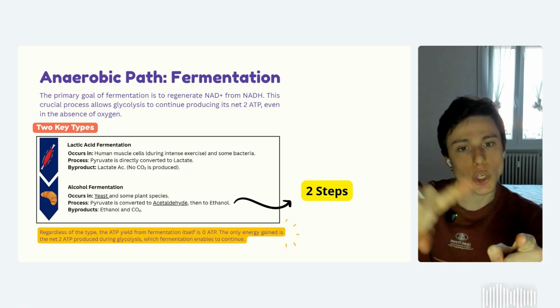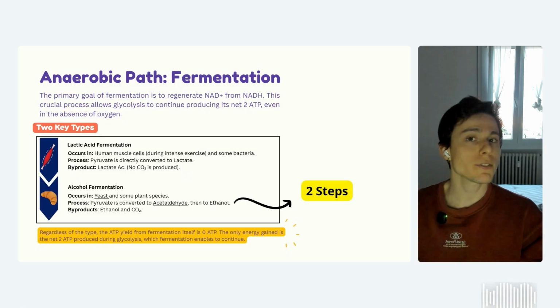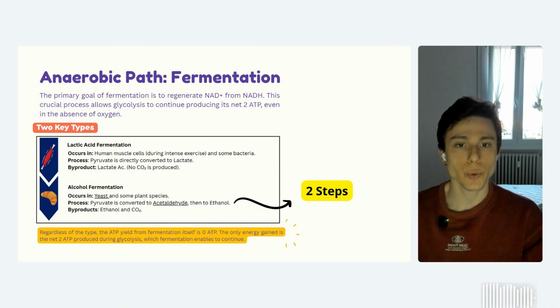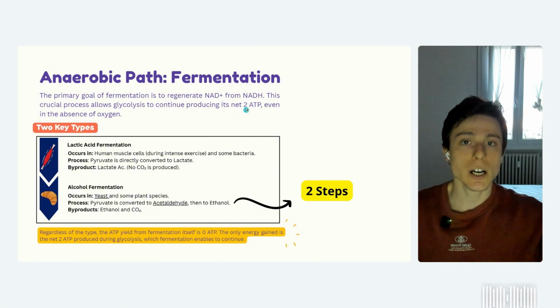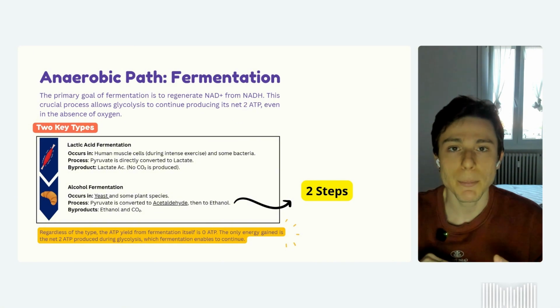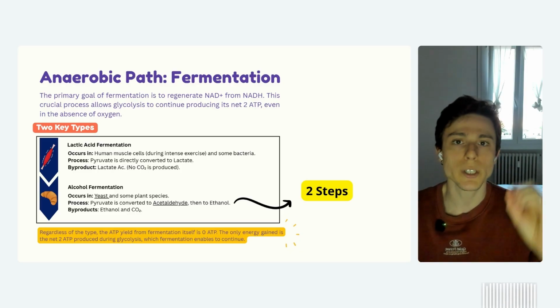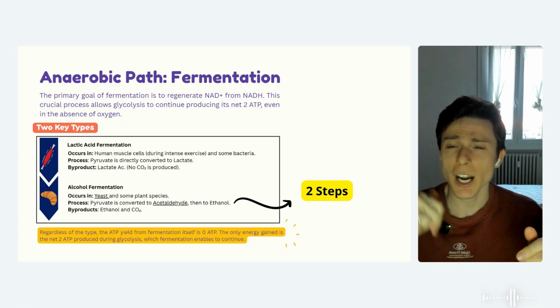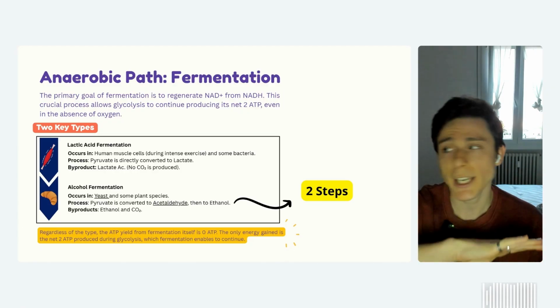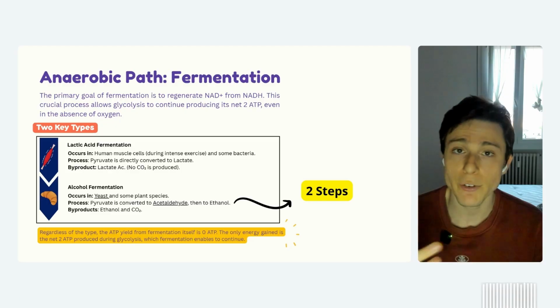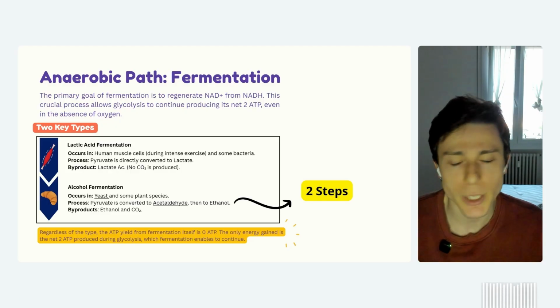So the electrons are going to the pyruvate, so if it's receiving the electrons here, the pyruvate is reducing, and NADH is oxidizing. This is a very clear type of question from the IMAT, so it's important for you to always keep in mind who's reducing and who is oxidizing. If this is not really clear to you, I talked about this in the previous video, so once again, go back there and revisit, and if you have any questions, just leave a comment and I'll be happy to help.